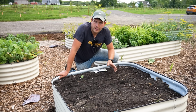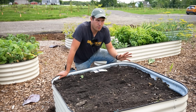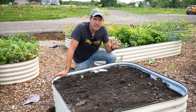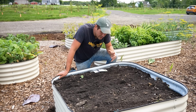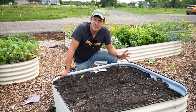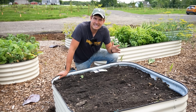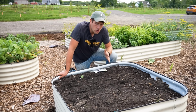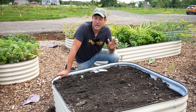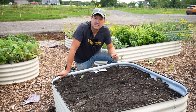Now I know there's a crop that I'm not mentioning right now that you're probably banging your keyboard or you're shaking your phone saying, oh, I thought he was supposed to mention this one crop and he didn't mention it. Why? And that would be garlic. Why didn't I mention garlic? And that's because garlic is not ready to be planted yet. You do not want to plant garlic too early. I have always said that you want to wait about 30 to 35 days before your first frost to planting